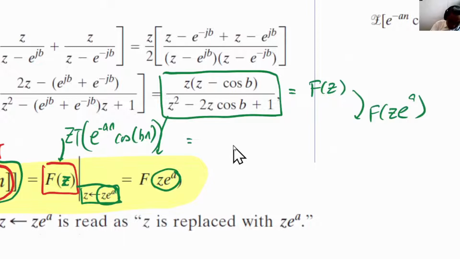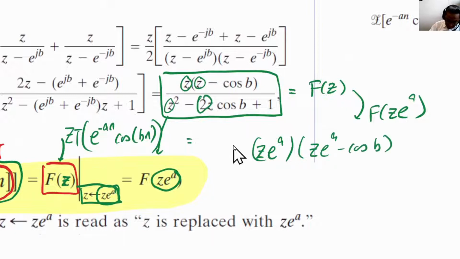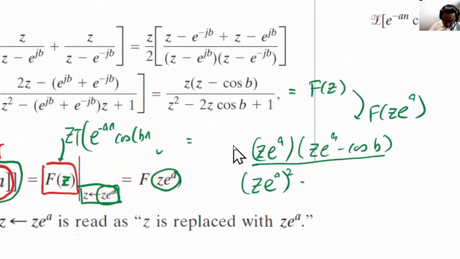For every z that we identify, we are going to replace it by z times e^a. So z e^a minus cosine of b, divided by (z e^a) squared